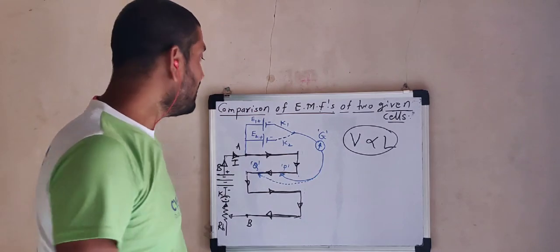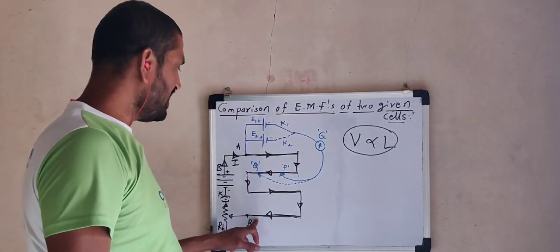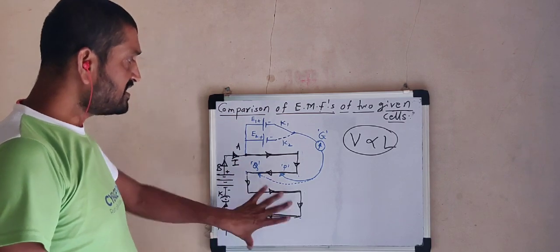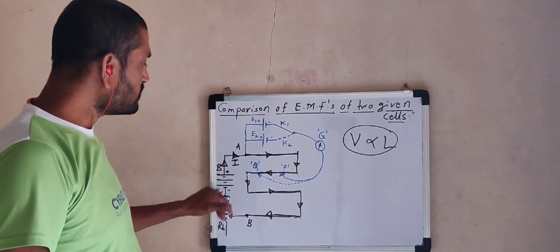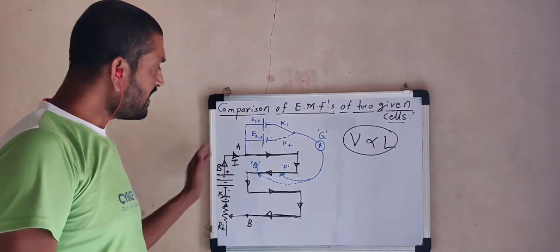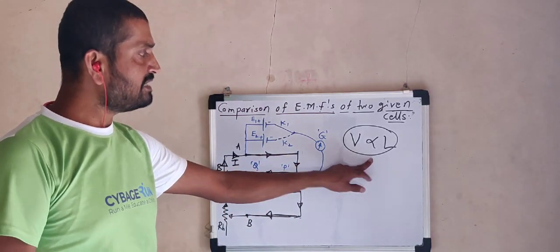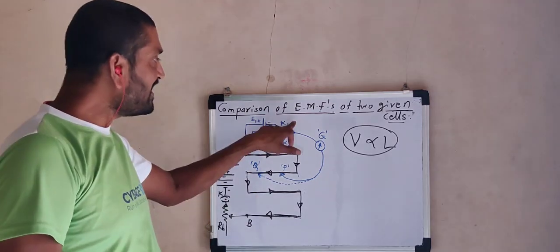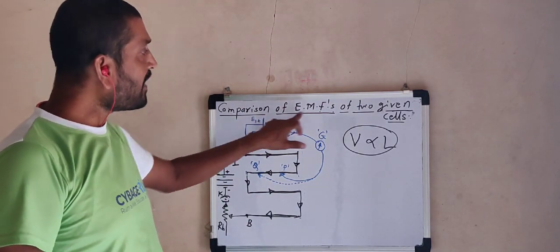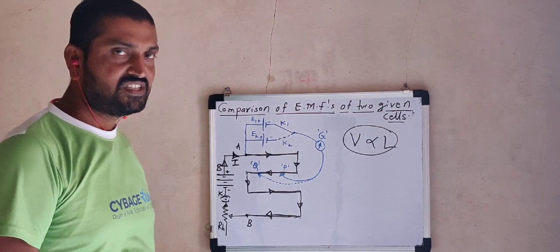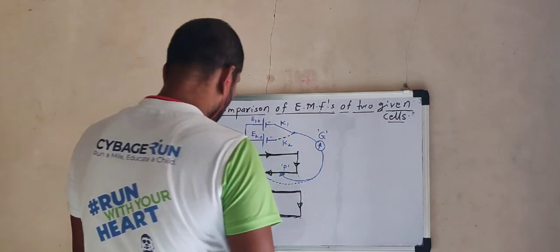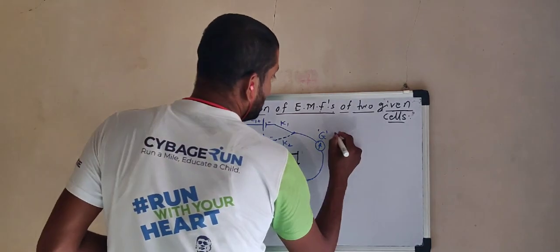Once again, listen to me. In construction, there is a thin uniform copper wire AB, a main battery, a key and a rheostat in series. In working, when the key is closed, current is drawn. It will flow through each and every part of this wire and work on the principle V proportional to L. But now we are going to consider working with the application. We have to consider the comparison of EMF of two given cells. So we are going to discuss the first method here, which I already told you, that is the individual method.